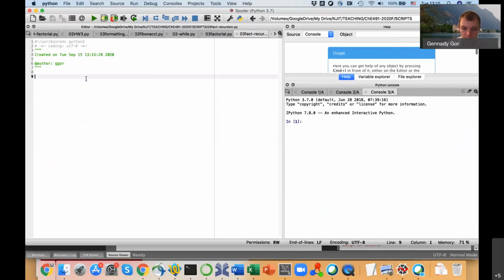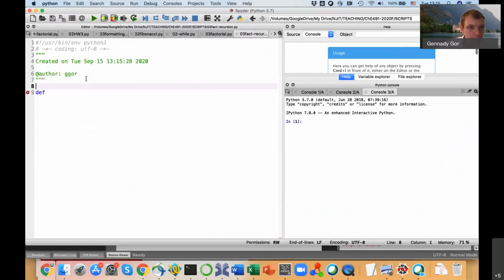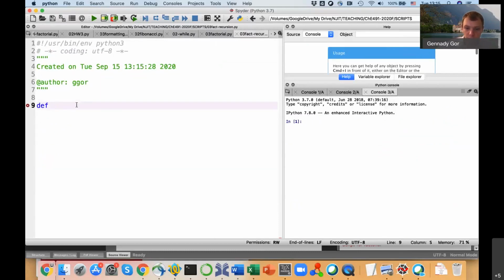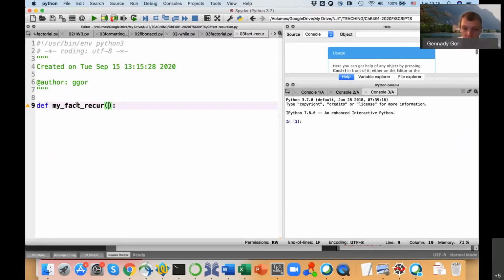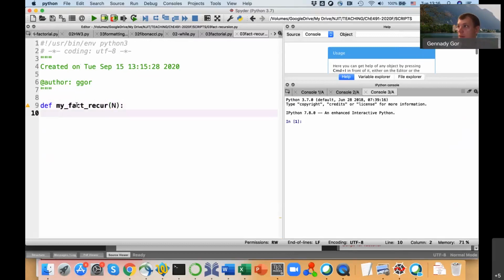and let me introduce my fact recursion. I could have done it in the same script. I don't need to create a new script for every new function, but well, I've done that. That's fine. And it will be exactly the same syntax in terms of it has one input variable, but then